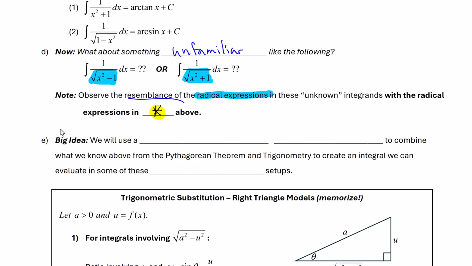Or we could say the big idea of this topic is that we will use a trigonometric substitution to combine what we know above from the Pythagorean theorem in that diagram and trigonometry to create an integral we can evaluate in some of these unfamiliar